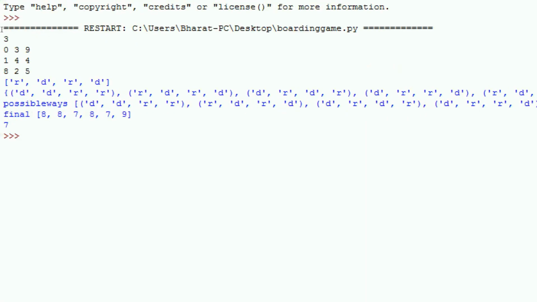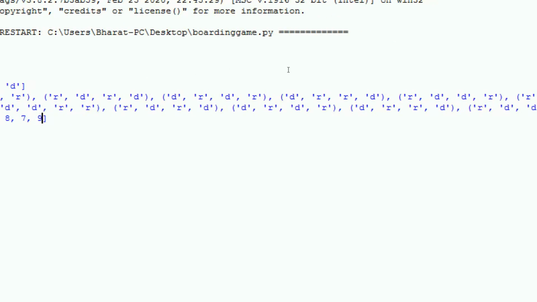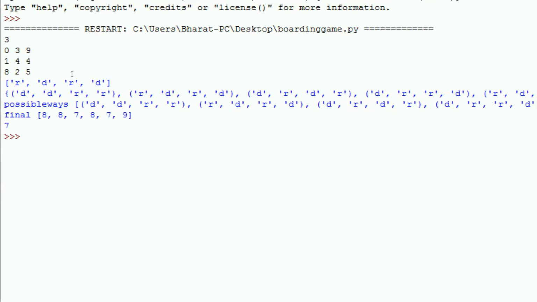For better understanding, I print this in the program. For the first combination DDRR, the value is 8. For RDRD, the value is 8. For DRDR, the value is 7. Like that, these are the values for all combinations. You print the minimum value. In 8, 8, 7, 8, 7, the minimum value is 7.